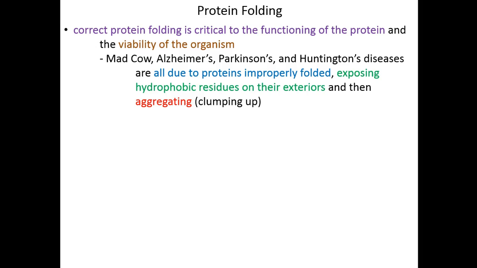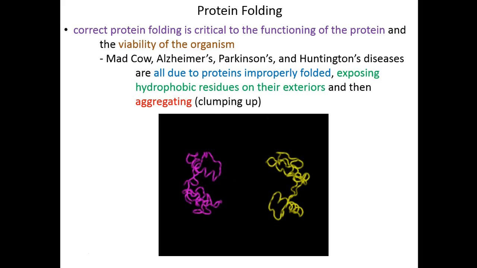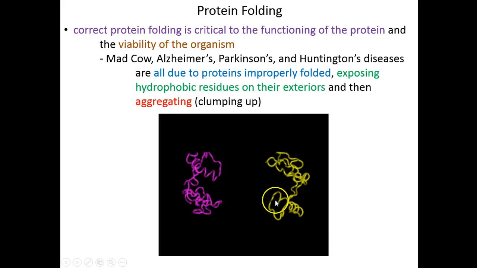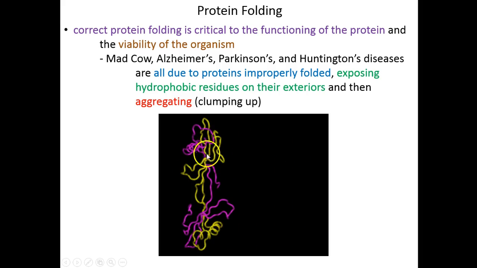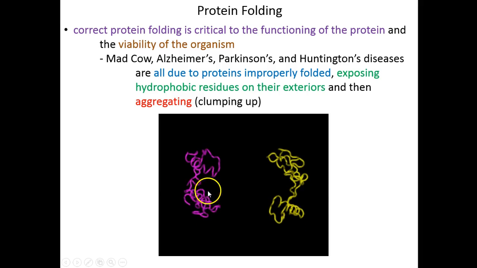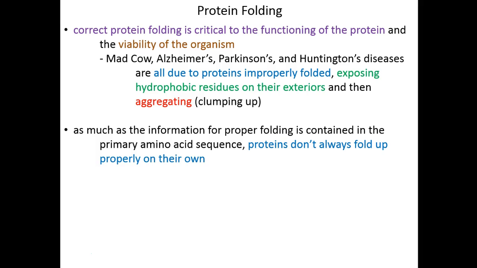In these cases, proteins unfold partially. Hydrophobic residues are exposed, and those hydrophobic residues race to shield themselves from water. Since these proteins are unfolding simultaneously, rather than folding back up into their native conformations, hydrophobic residues of neighboring proteins race to interact with one another to shield themselves from water. So these amino acids are lining up with each other in order to get away from water. This causes different proteins to aggregate or clump up together and therefore no longer be soluble. It's this clumping up that causes these syndromes. You get these protein plaques in the neurons of the brain,